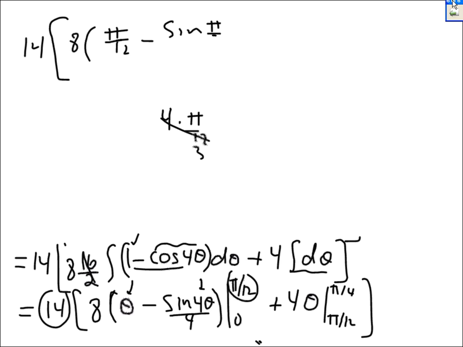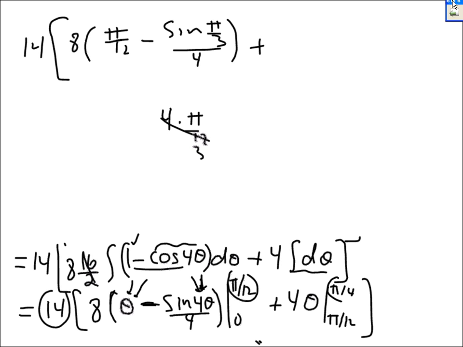So I get pi over 3. And this all gets divided by 4. And then you plug in 0. You plug in 0 and you'll get 0. And 4 times 0 is 0. And the sine of 0 is 0. Over 4 is 0. 0 minus 0 is just 0. Okay, plus